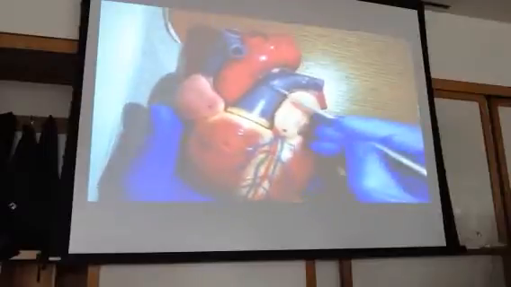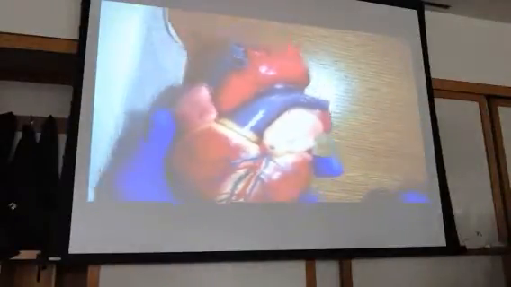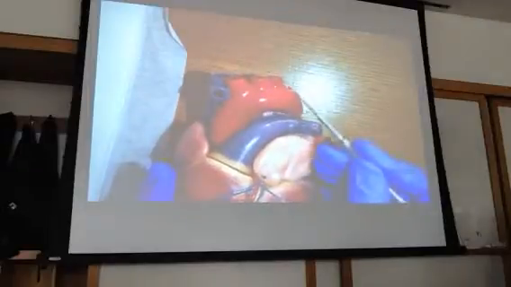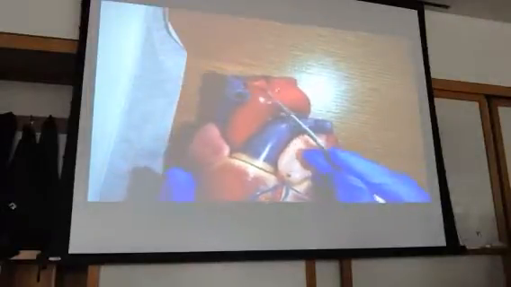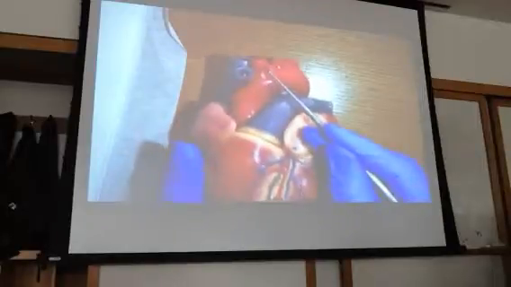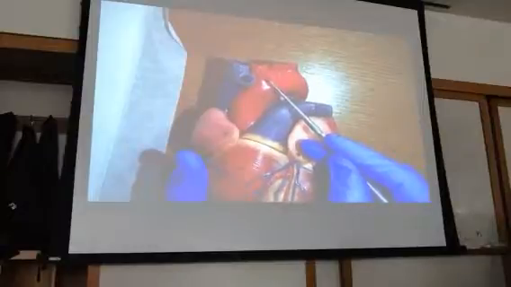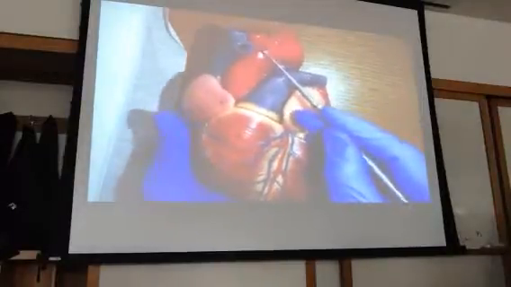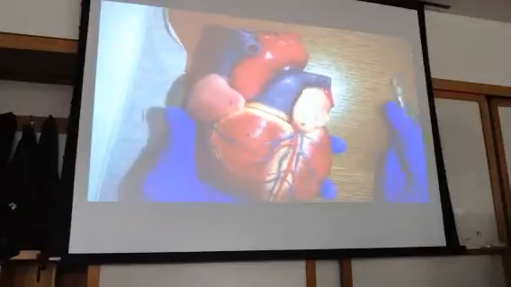Now, if anyone ever asks you what the first branches off of the aorta are, don't say one of these guys. Even though you might look at it and say, well, wait, isn't that the very first branch off of the aorta? No, it's a trick question. The first branches off the aorta are the coronary arteries, and really the only way you can see them, they're behind the pulmonary trunk. So on these models, if we're lucky,